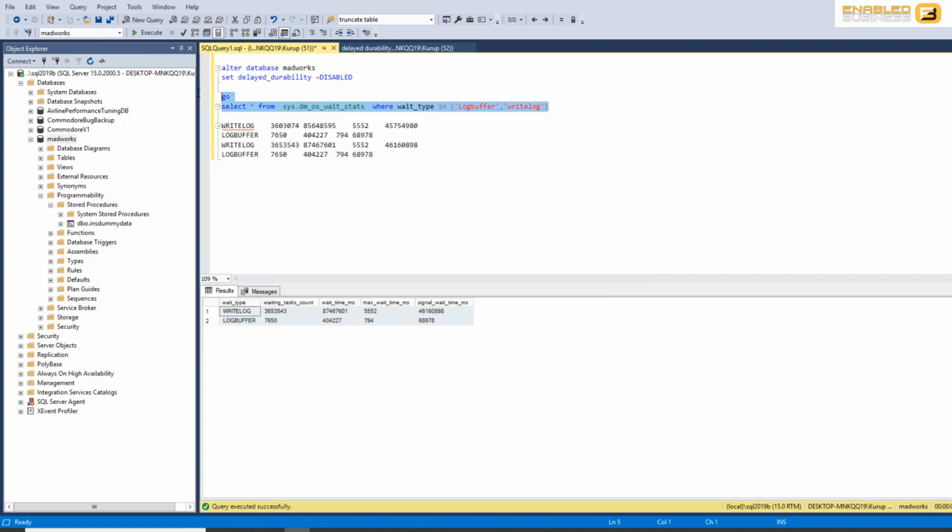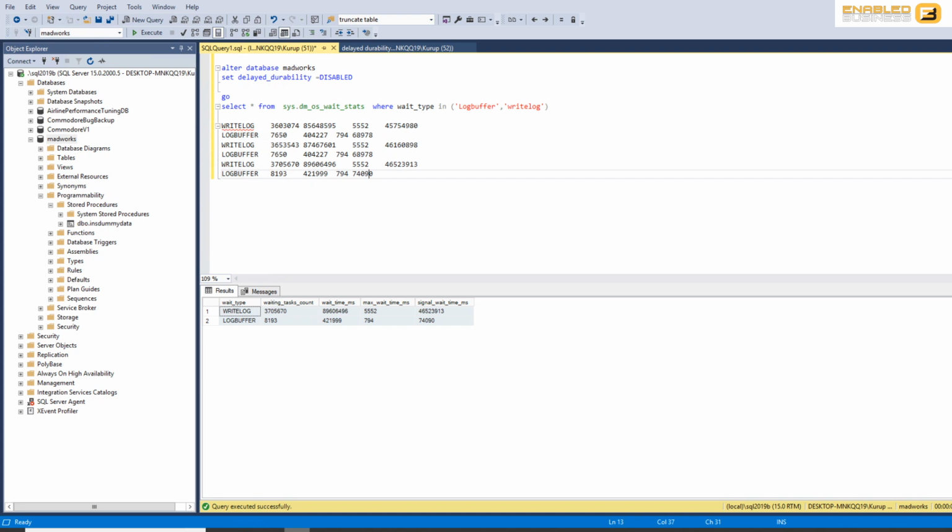So roughly at this moment we can see that the query performance is roughly about 13 to 14 seconds, and you'll see that we don't really have much of a difference in terms of log buffer, because even though the log buffer time has increased, the amount of time in milliseconds is not significant. Whereas if you look at the write log, you'll see that there's a significant difference in terms of